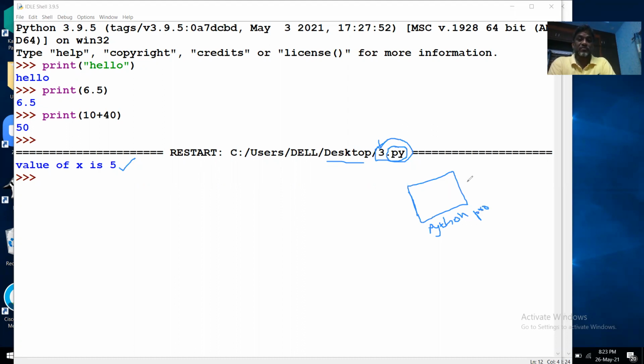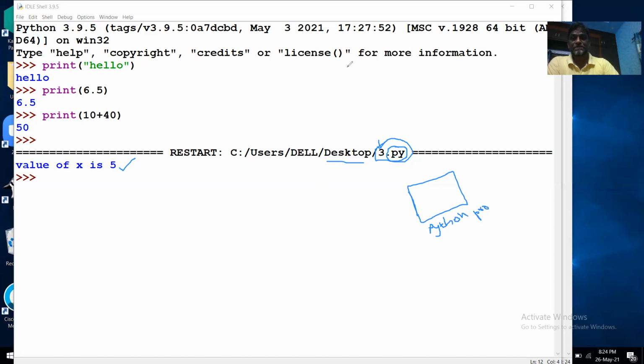You can create a folder on the desktop or in any valid drive in your computer, either C drive or D drive. Then save every program that you are going to execute in that folder only. Use different names; don't use numbers. 1.py, 2.py, 3.py, and so on are not actually a correct way of saving your files. The best way is to use a name that represents the corresponding program's purpose.